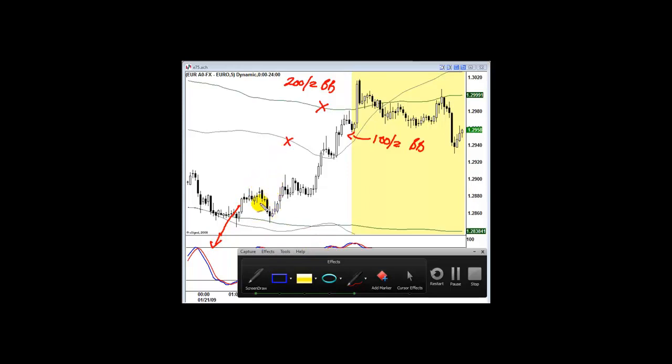which I can't seem to get rid of, we've got the stochastic, and we said the settings are 14, 7, 3, and if you're using MetaTrader, that should be 14, 3, 7. The objective is to get the lines nice and smooth and close together like they are here. So once you've got all your charts set up, you're ready to rock and roll, and we're then looking at